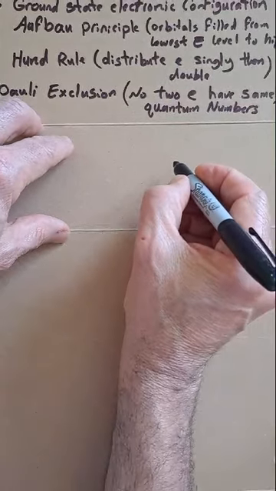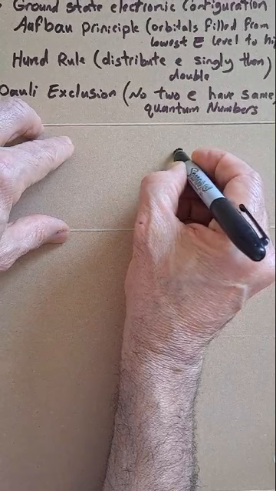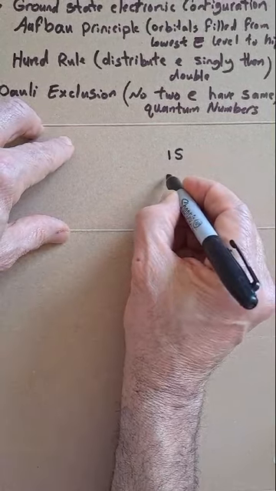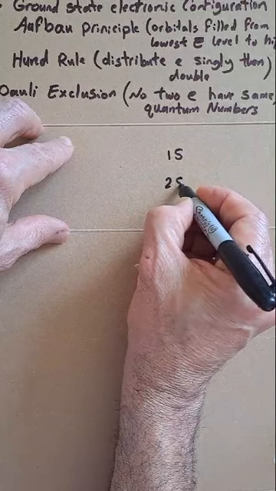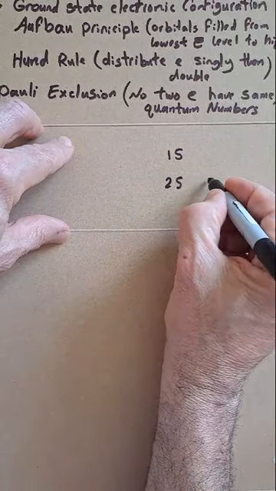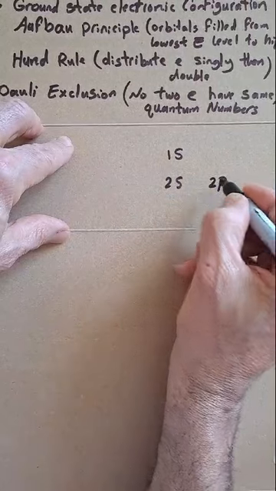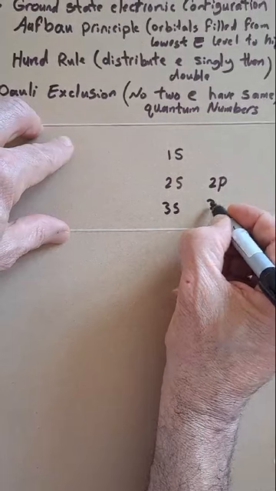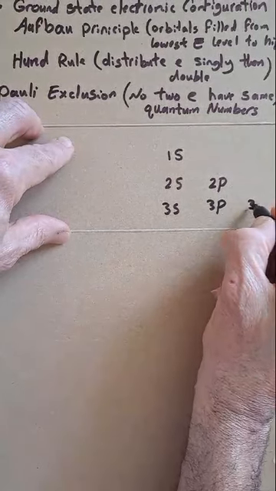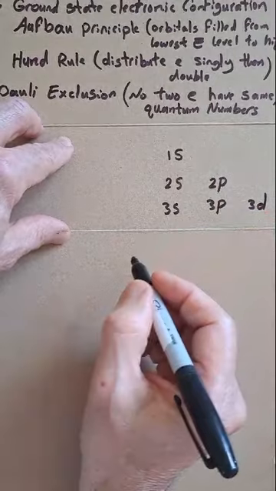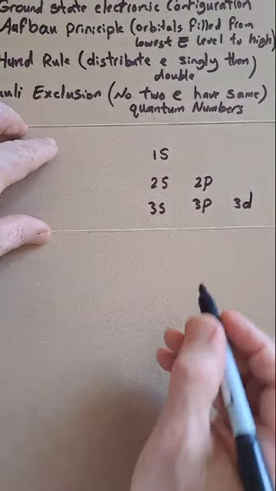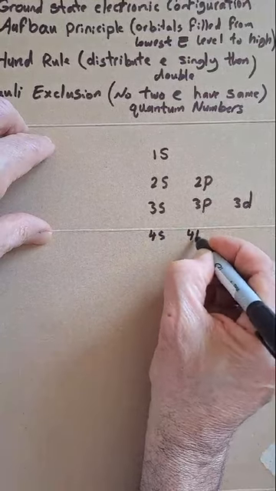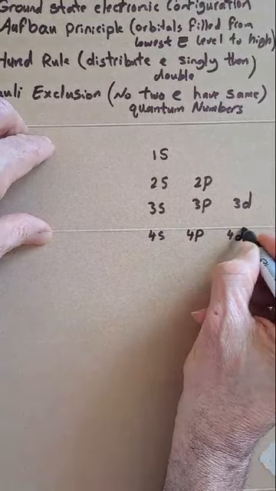So you go with the first orbital, 1s, and then 2s, followed by 2p, and then 3s, 3p, 3d, and then 4s, 4p, 4d, 4f,